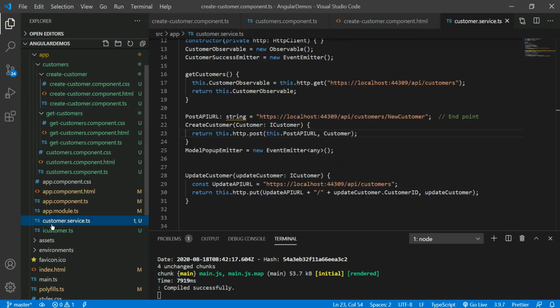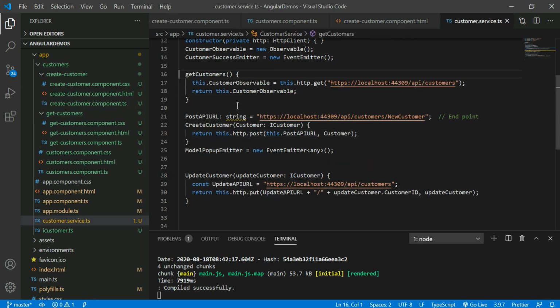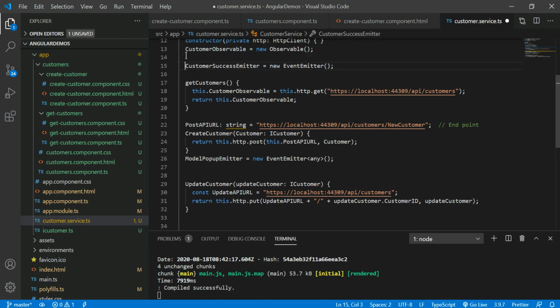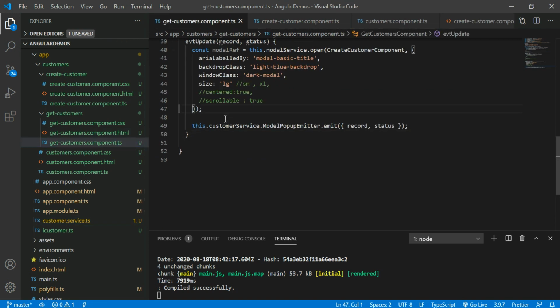You can see here customer success emitter, so I'm taking this customer success emitter. Because of this customer success emitter, I am using the create and get customer here, so here I have used that.